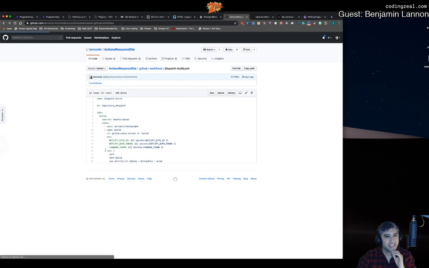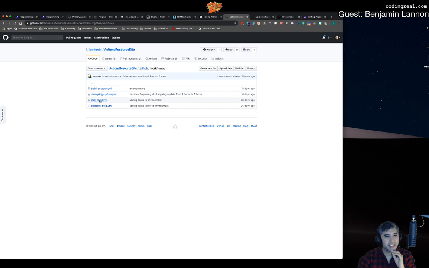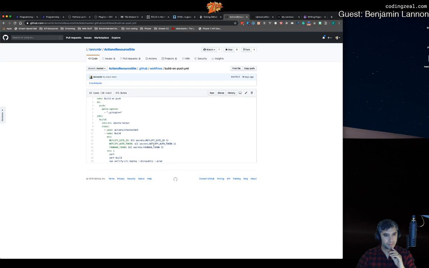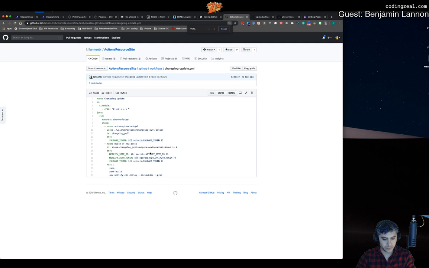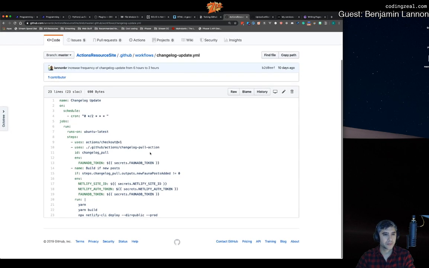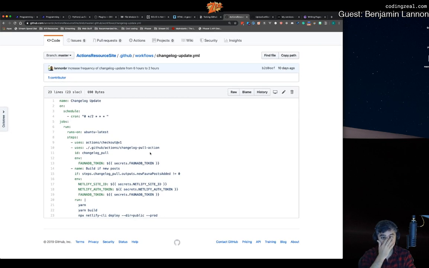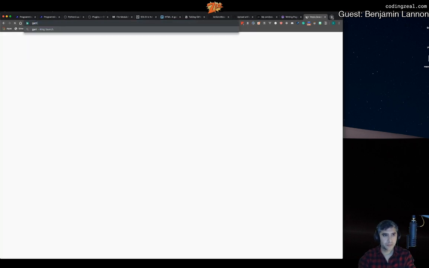Yep. And then if you see there, I actually have a couple of tokens. One of them is the FaunaDB token. If you go into that changelog updates YAML file, this was a custom workflow that I worked on. If you go back to the site for a second and go to that changelog, the third link in the nav bar,